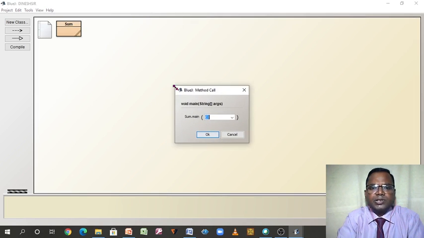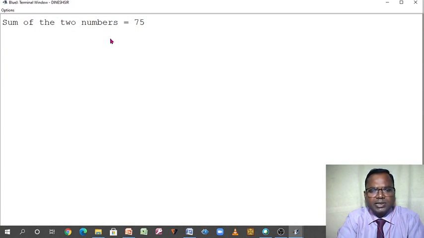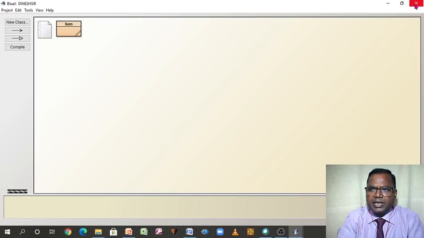So once you click that, you get a method call window over here. Here you have not to do anything, only you have to click OK, and once you click OK, you get the result or the output of the program. Sum of the two numbers is equal to 75. So this is how you execute the program. Okay, then you have to close, and